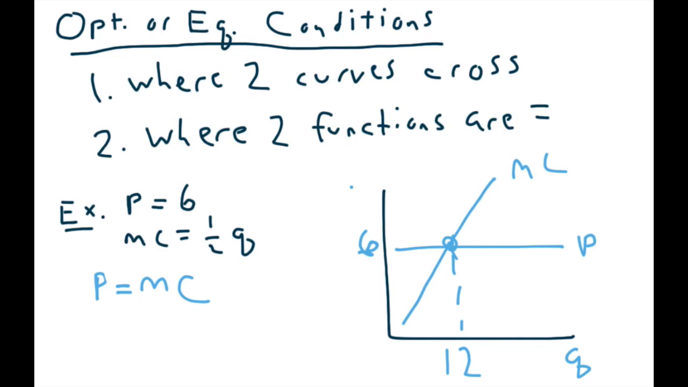Alternatively, and the better and easier way to do this is with equations. We have p equals 6, mc is 1/2 q, and now you can see the same thing. We're using this condition not as a definition, we're using it as a way to find q. So we solve for q and get, just like on the graph, q equals 12. So now if you understand this process, you'll basically